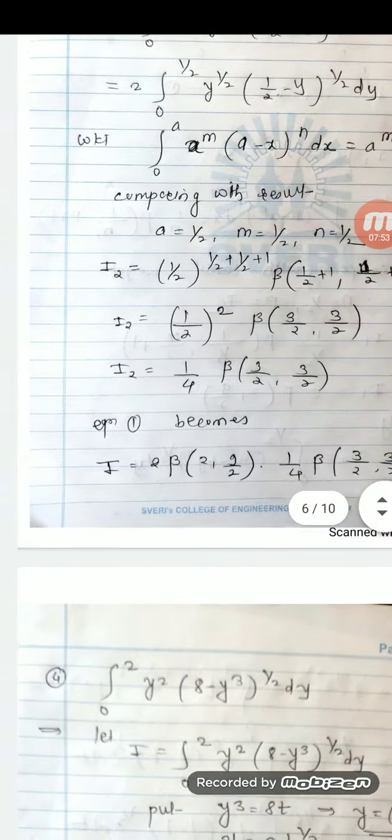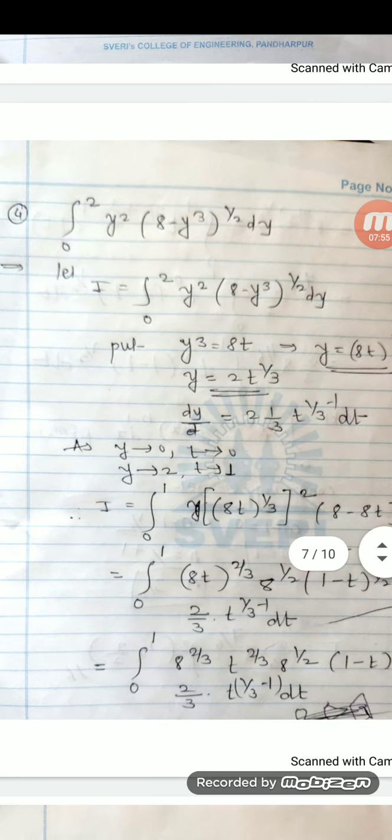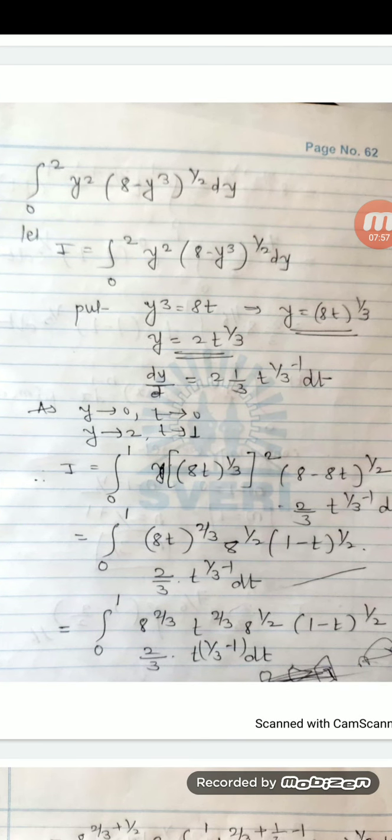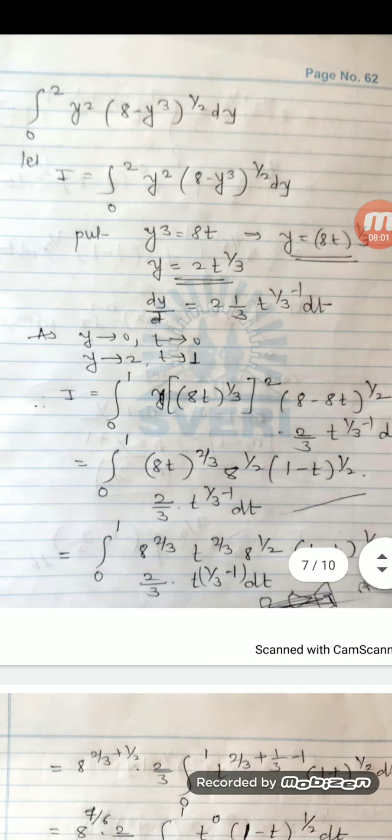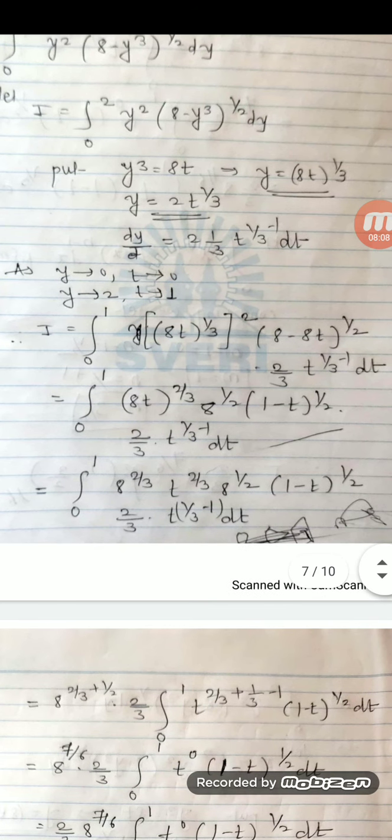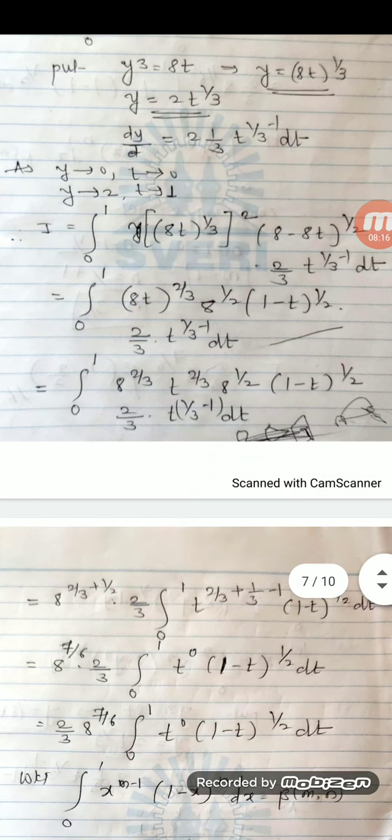Do the same with this example: 8t, find y, dy, the derivative of t raised to 1 by 3, that is 1 by 3 t raised to 1 by 3 minus 1, and obviously the limits will change to 0 to 1. Put all these values, take 8 common from the bracket. Next, 8 raised to half, and simplify similarly,